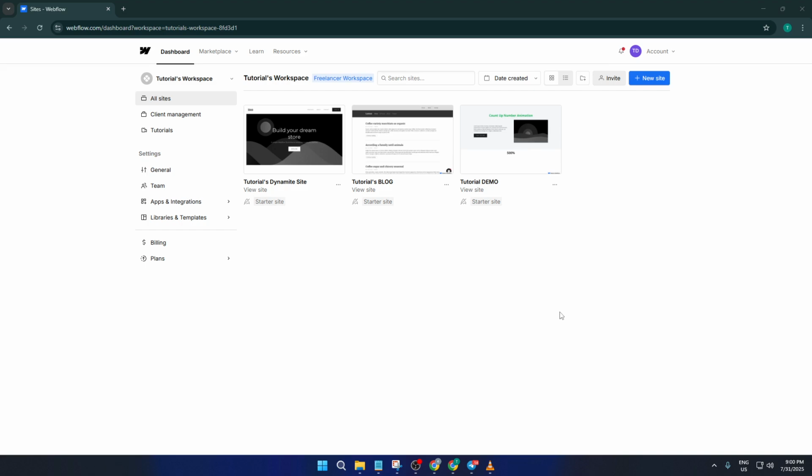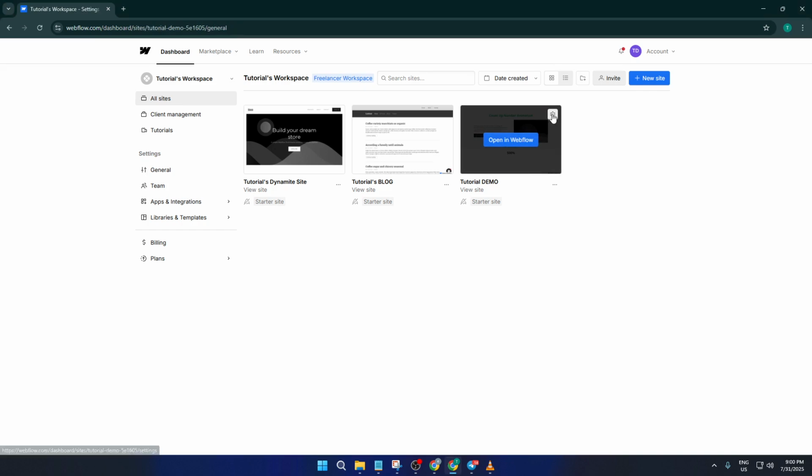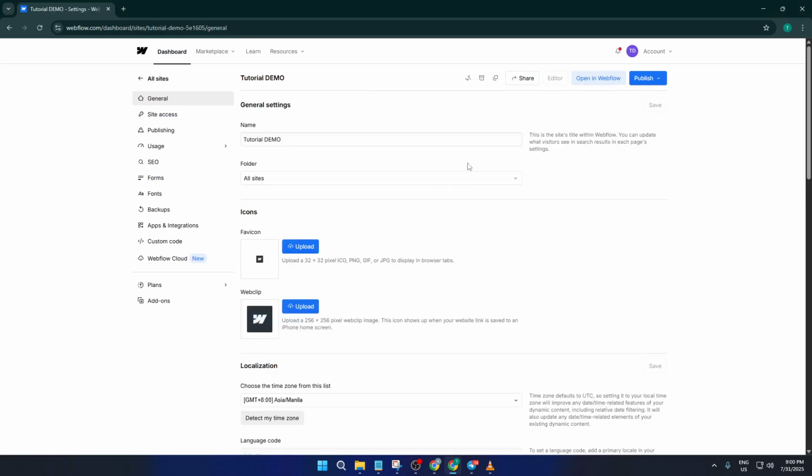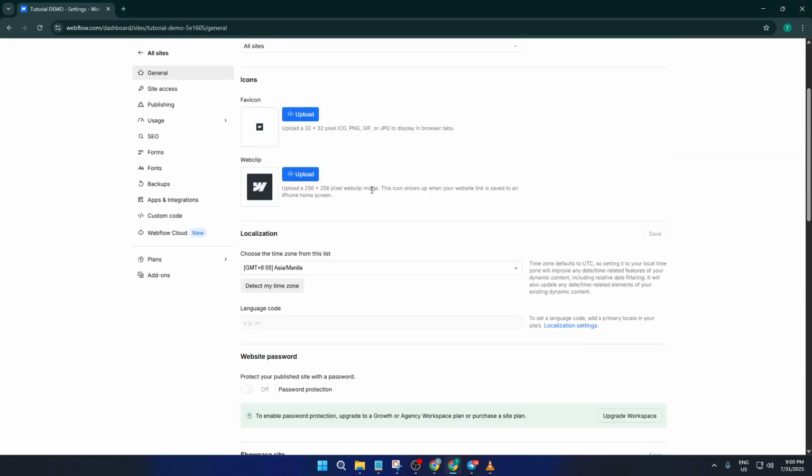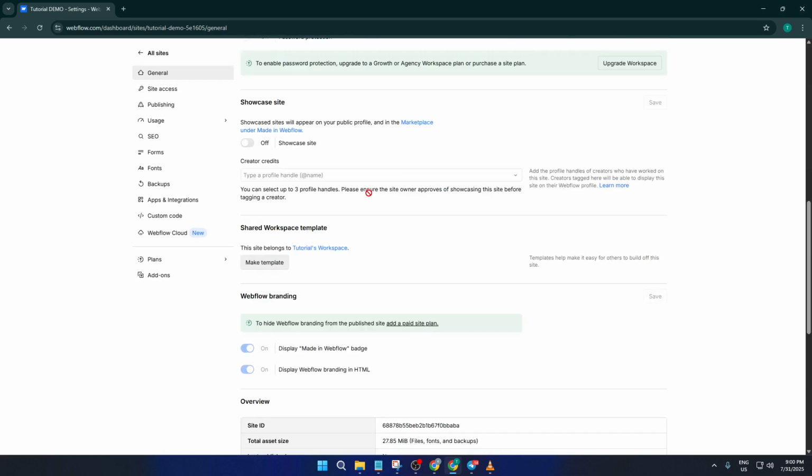First things first, you'll want to head over to your Webflow dashboard and select the project you're working on. Once you're there, look for the Site Settings option. You'll usually find this near the top or left-hand sidebar of your dashboard. Go ahead and click in. Now, it might feel a bit intimidating at first, but don't worry. Navigating your site settings is super straightforward once you get the hang of it, and you won't be breaking anything